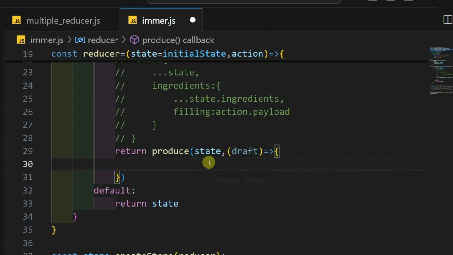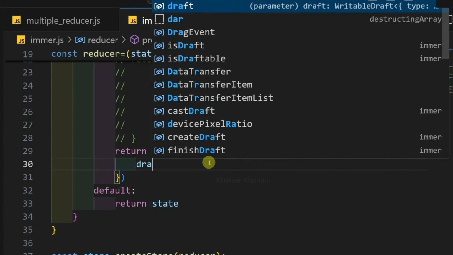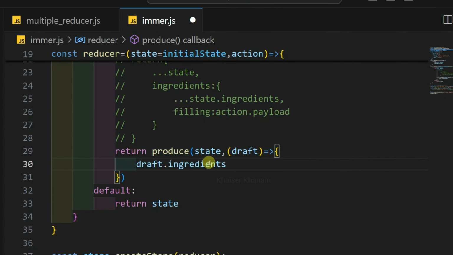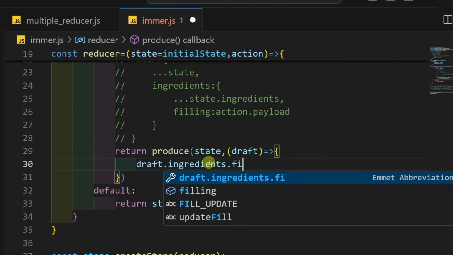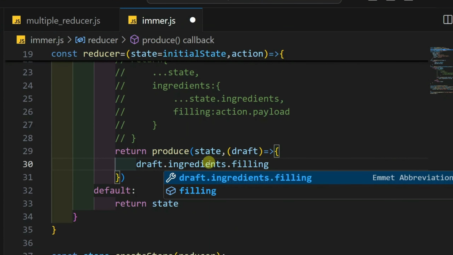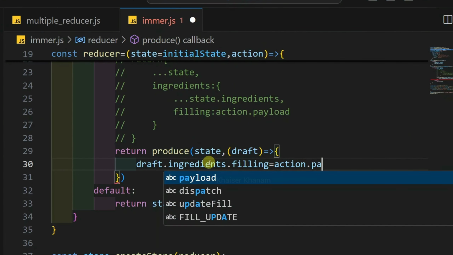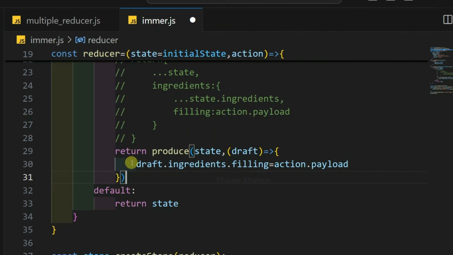So here I will be writing draft, and from this state I'm just going to access this ingredients, and from this I'm going to access this filling property, and inside this I'm just going to assign action.payload. So here directly we are updating this filling property, but behind the scene Immer still needs to translate the